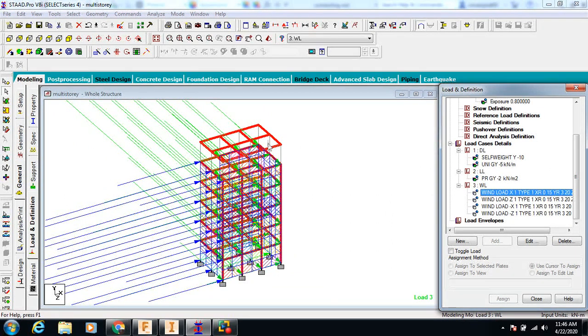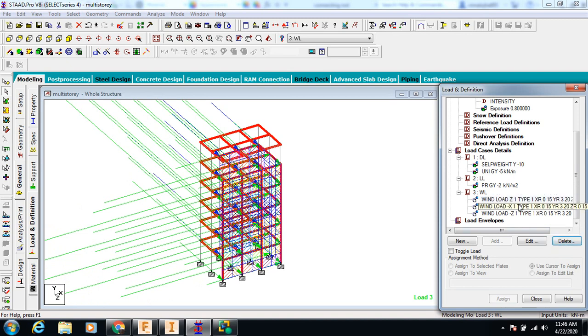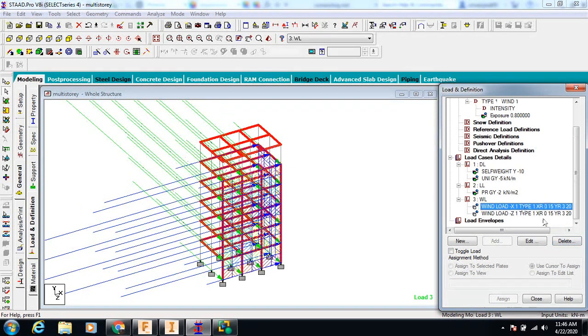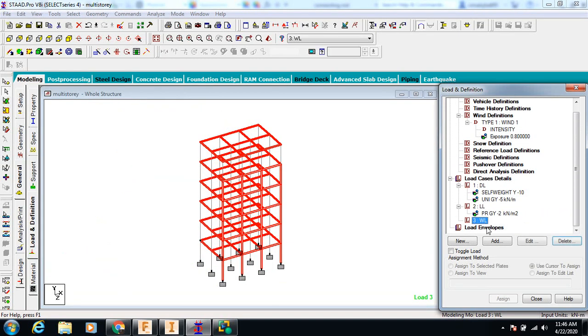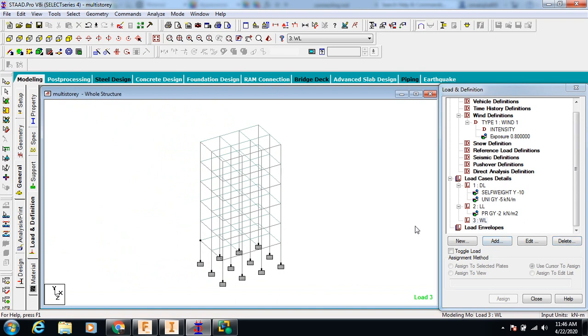If you want to apply it on a topmost surface, so what we will do, we will delete it, just delete one, delete this one also, this one also, this one also. Click on the wind, wind and add.